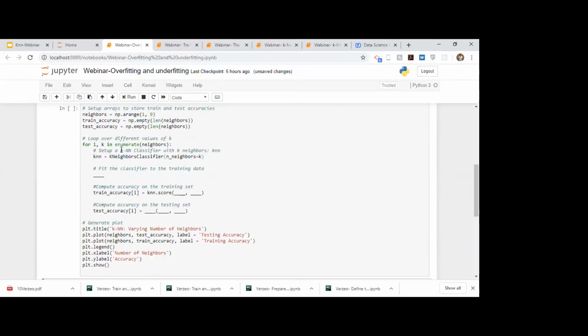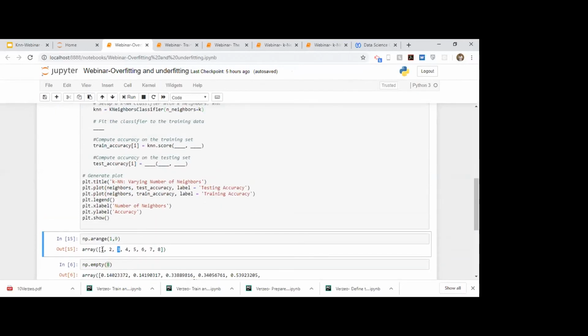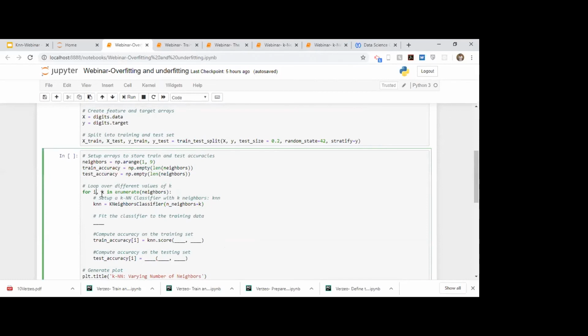So if we do for i, k in enumerate(neighbors), for each pair it will iterate. For the first pair, 0 will be stored in i and 1 will be stored in k, and then we will have a k-neighbors classifier with neighbors equal to 1.